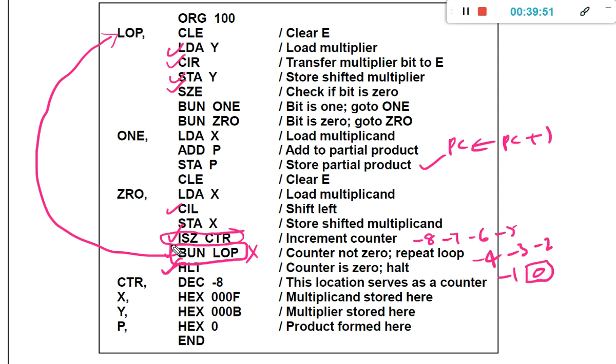Already we explained each and every assembly language code in the previous classes. If you are not familiar, go to the previous videos, watch them once again, and then come back here. Then you will understand better. I have explained how it works in the flow chart, as well as the source code of the multiplication program in assembly language. Hope you understand the logic. That's all for now.